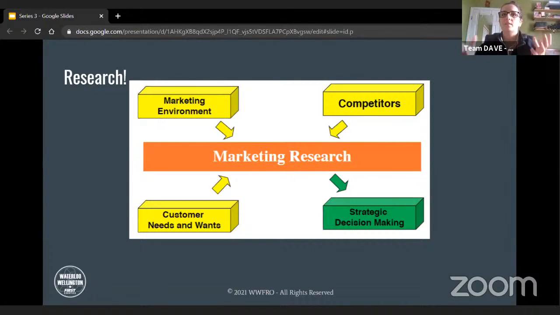So these are all very big things, and it helps towards your strategic decision making. It helps you make good decisions so that in a couple of months or a couple of weeks, you're not backtracking, like, oh no, why did we go with this? Why is this the way we went? It's just keeping it set as much as possible. So research is a huge component behind any decision you're ever going to make.